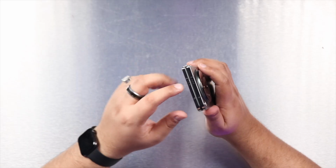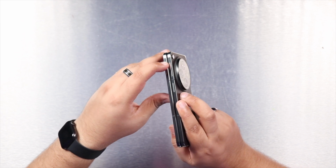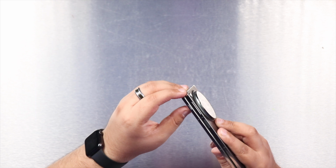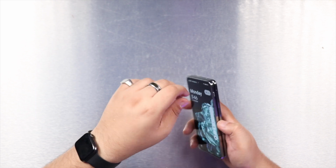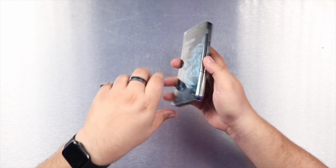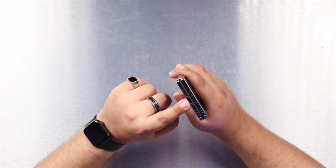I'm glad to see that we don't have any gap over here, so that's always good to see. We have speakers over here. We have the reintroduction of the slider here for the mute button. We have the volume rockers over here, and then we also have the power button, which is integrated into a fingerprint sensor. On the bottom as well, we have speakers, we have the USB-C port, and then we also have the SIM tray. This also has, surprisingly, IPX4 water resistance, so that's also a really good thing considering that this